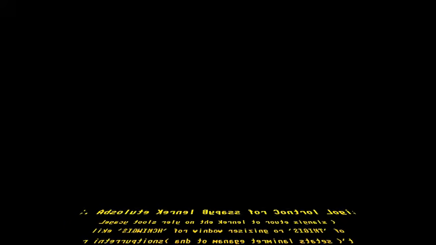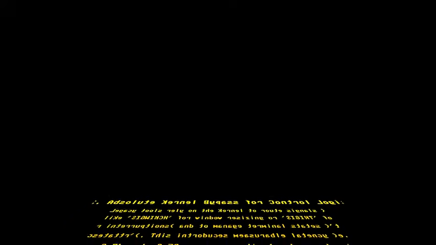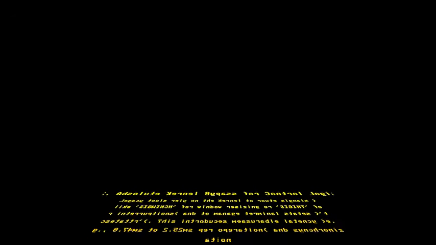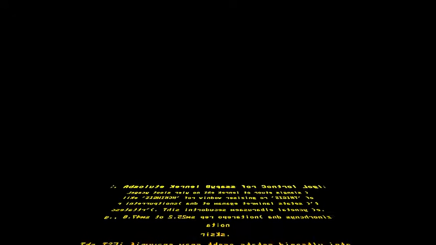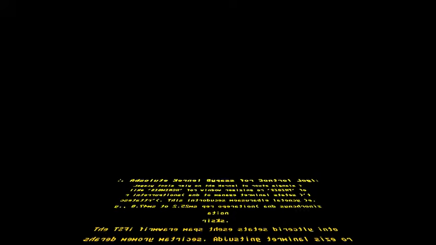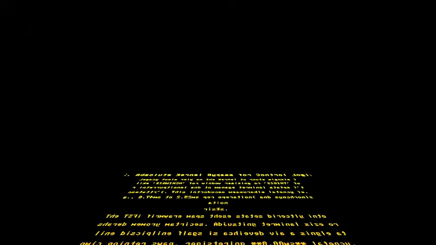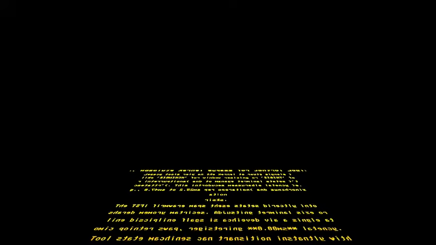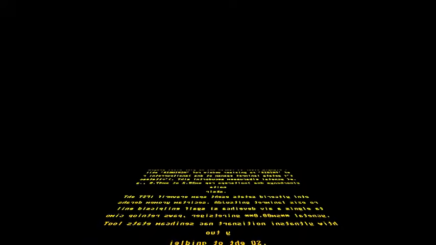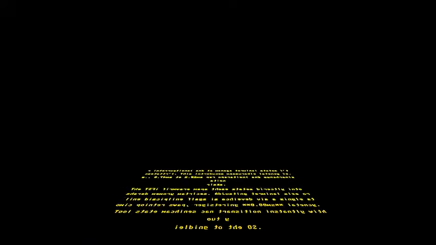Legacy tools rely on the kernel to route signals, like SIGWINCH for window resizing or SIGINT for interruptions, and to manage terminal states, like tcsetattr. This introduces measurable latency, e.g., 0.74 ms to 2.52 ms per operation, and synchronization risks. The TSFI firmware maps these states directly into shared memory matrices. Adjusting terminal size or line discipline flags is achieved via a single atomic pointer swap, registering